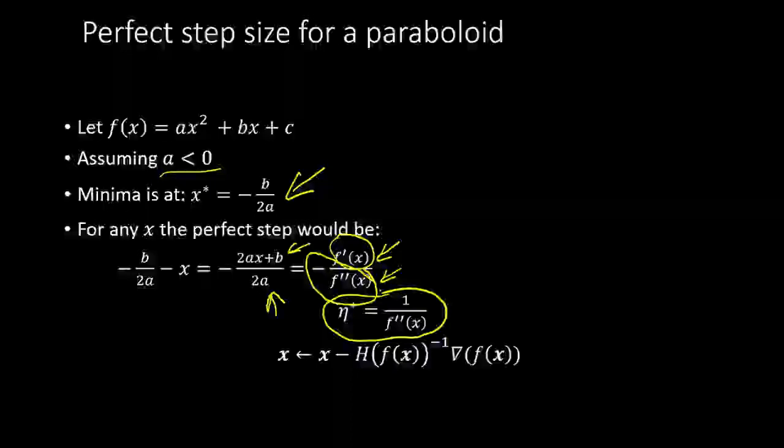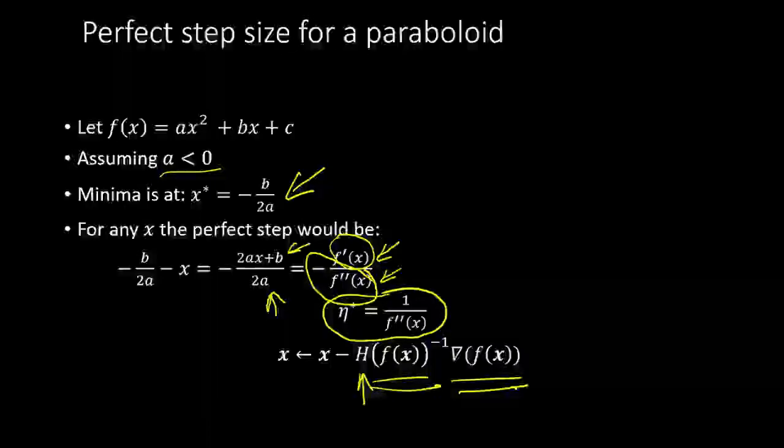In n dimensions, there's no double derivative. What we'll have is the Hessian. So we will have the Hessian inverse times the gradient of f. Now this Hessian inverse, if you have 1 million parameters in the neural network, your Hessian is going to be 1 million times 1 million, right? So it's a square matrix, and inverting that will take order n to the power 3 or n to the power 2.6 operations. So that's a very expensive operation, and